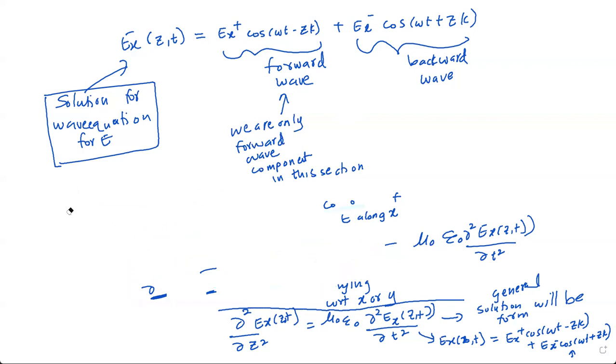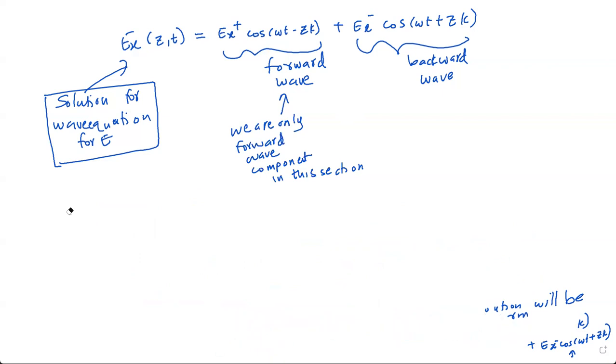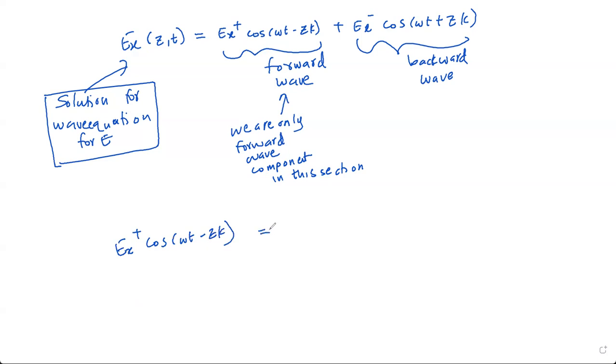I can denote this forward wave component in different ways. The first way is that I can denote it using the phasor domain. So I can denote this component, cos(omega t minus kz), in its phasor domain using the expression,